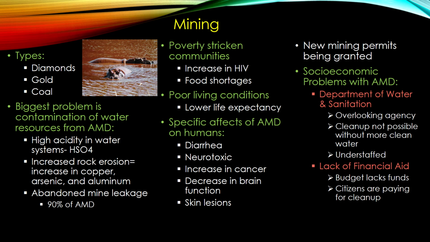In general, the DWS is understaffed. There's always a 10% vacancy, and that's due to no talent, no education, and no money to give the people that will work for them. Since there is no money, this has been an issue because the government itself is not allocating or budgeting money for the cleanup of these systems. In the Vaal River alone, it seems that 10 billion rand